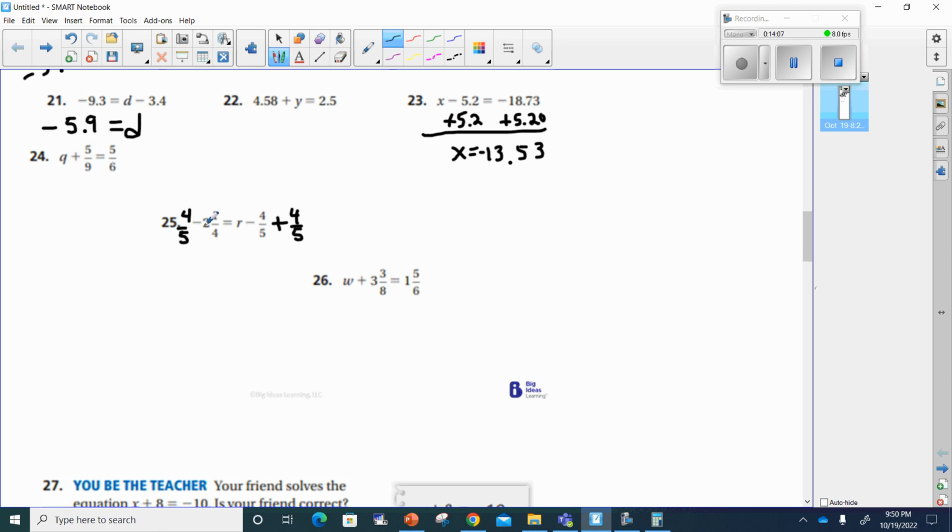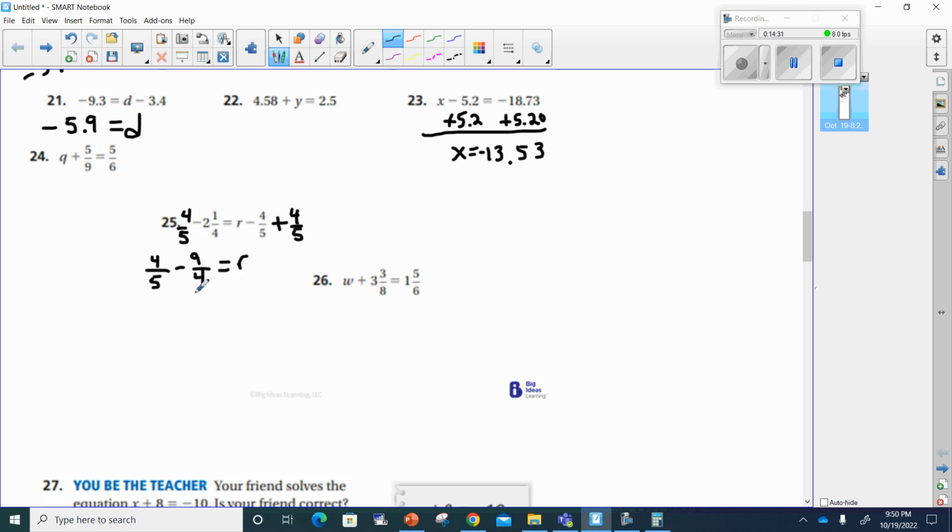I'm going to have to turn this into an improper fraction first. So this is 4 over 5. This is 2 times 4 is 8, plus 1 is 9. This is minus 9 over 4